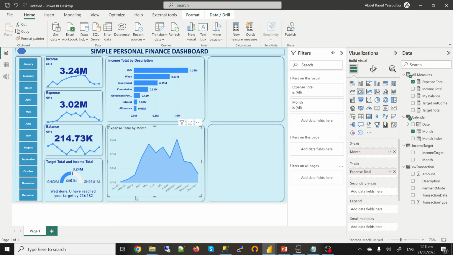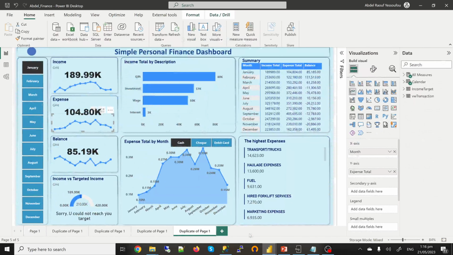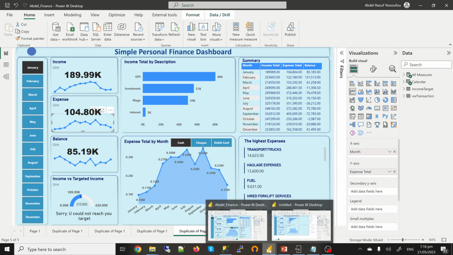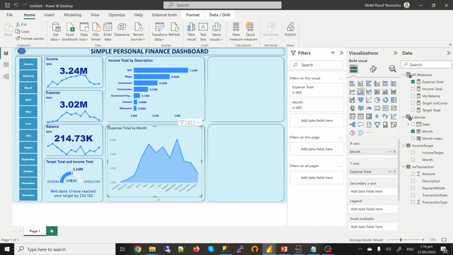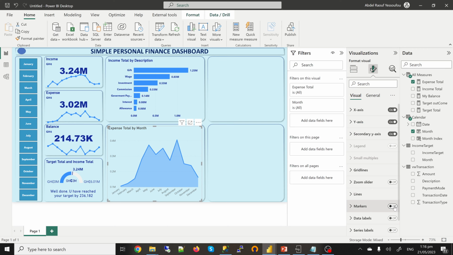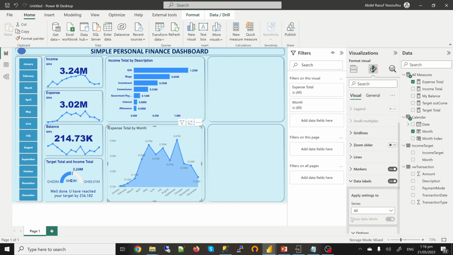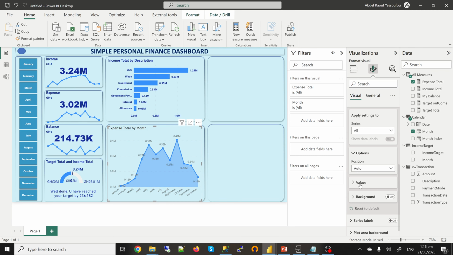Okay, so this is what I wanted. Now let me look at what I have here again. So this is board, everything board, and then we added a slicer here which has the payment mode. Okay, so let me go back here. So we showed the markers, the data labels. Okay, so the data labels are bold,